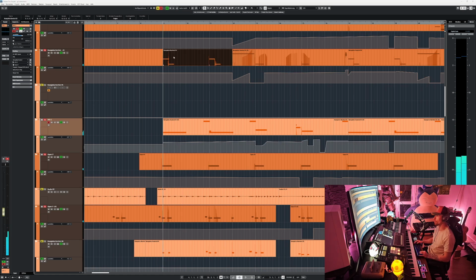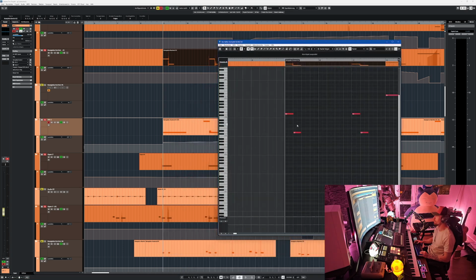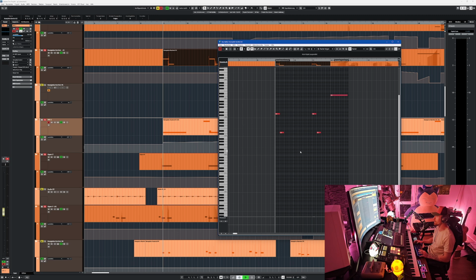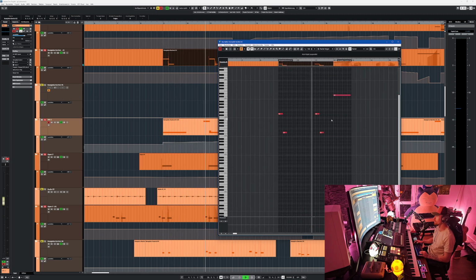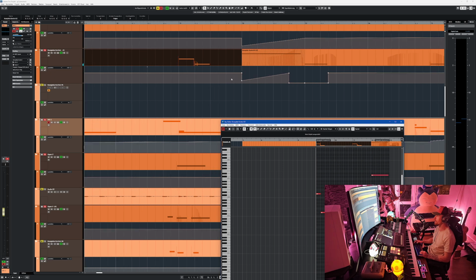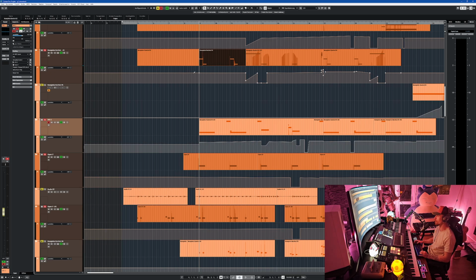So that's a super simple melodic synthesizer with a pitch bend in the end. And there again, as I did so often, I cut away the sounds at a specific part.